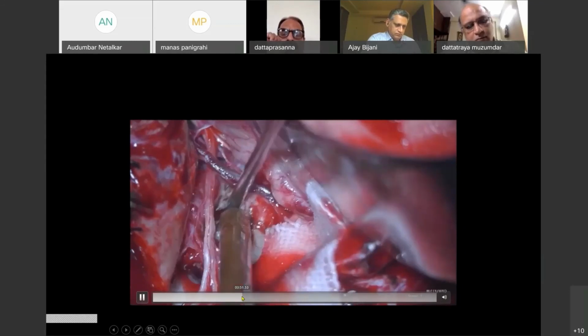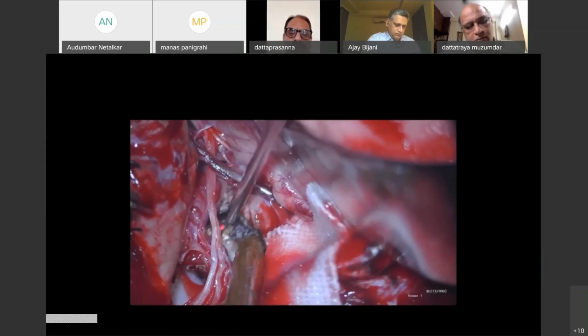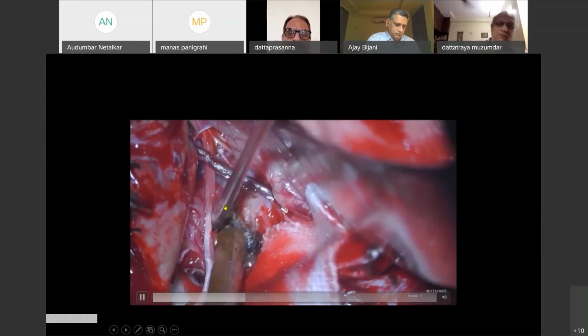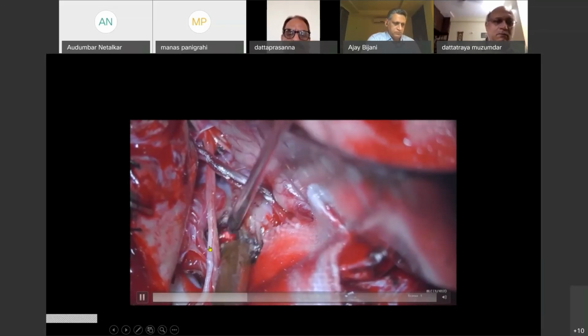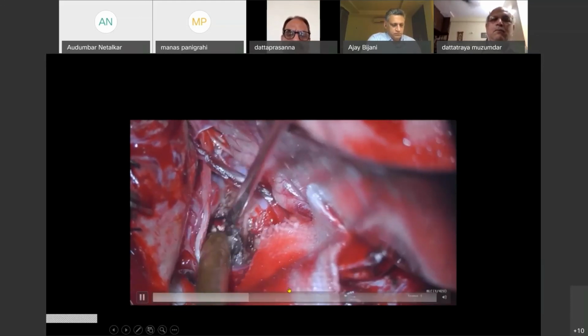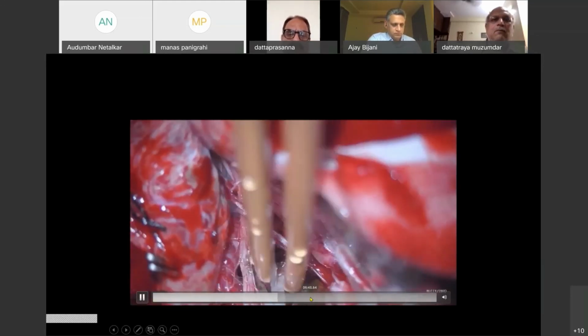Decompression was not easy, so we could only detach the vertebral artery from the tumor with the thulium laser. Without the laser, I'm sure it would have taken a long time. And then the tumor was removed in pieces.